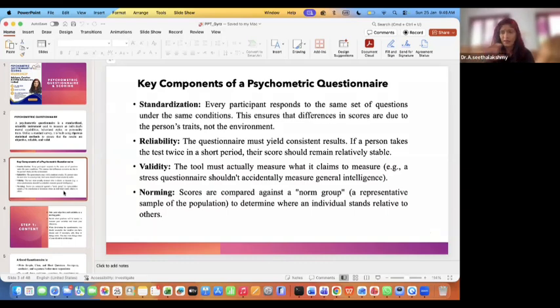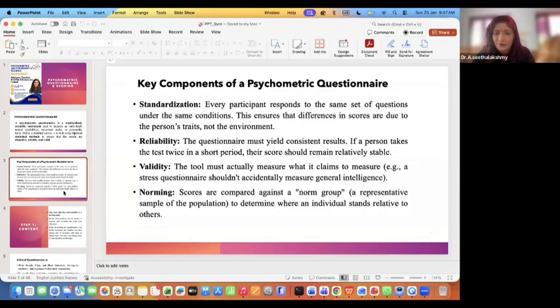Suppose you have a weighing machine. Today you are taking your weight, and suppose it shows 60 kg. Tomorrow you get on the same weighing machine. If it shows 70 kg, you will doubt yourself, or maybe 62 kg at least. Am I so much? Within a day I gained 2 kgs. Maybe on another day you check again, and if it gives you 72 kgs, definitely something is wrong with the instrument, is what you are going to say, because you know that your weight is not going to change within this short span of time.